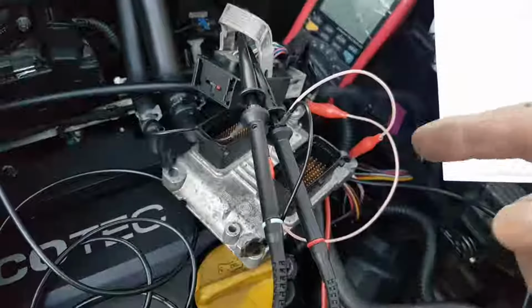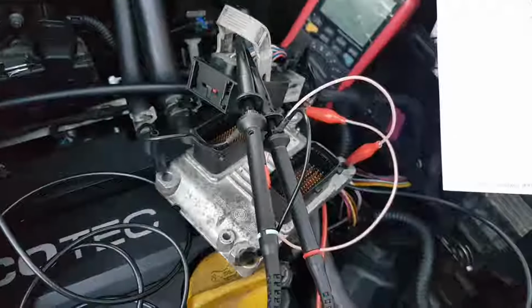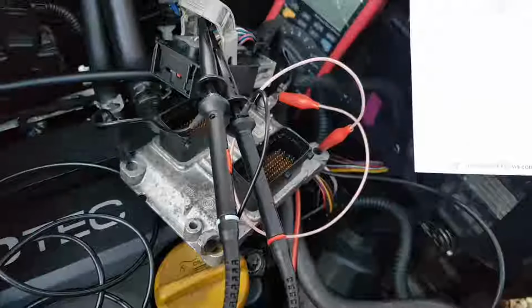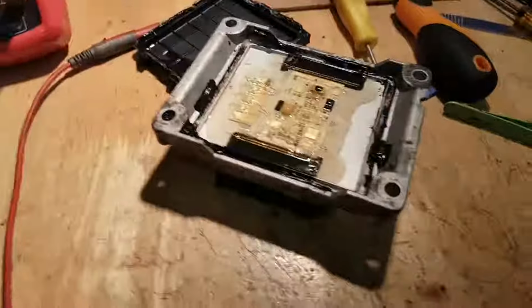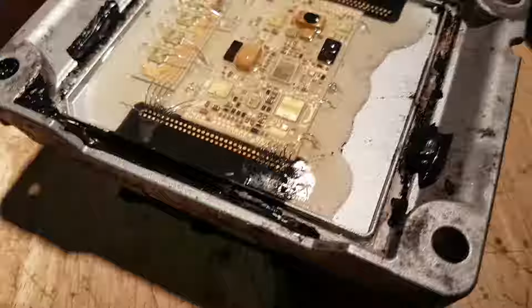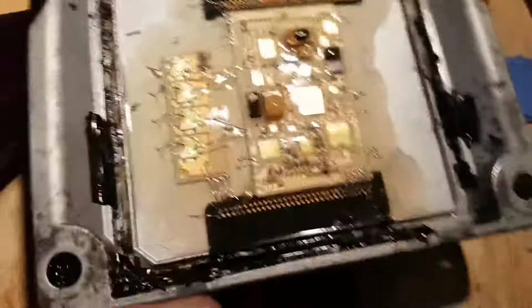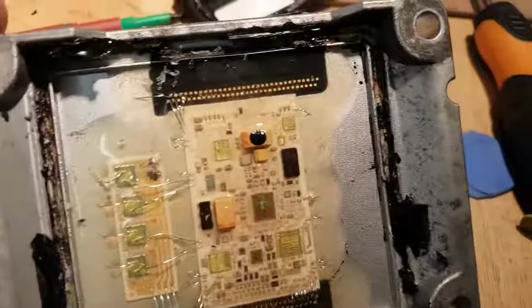And I'm going to open this ECU to see what work has been done inside of it, because I don't know who opened it. I don't have a clue. Let's go and open this ECU and see how it looks inside. Okay, so just open the ECU. The seal was really poorly done, really poorly. There are indeed marks that